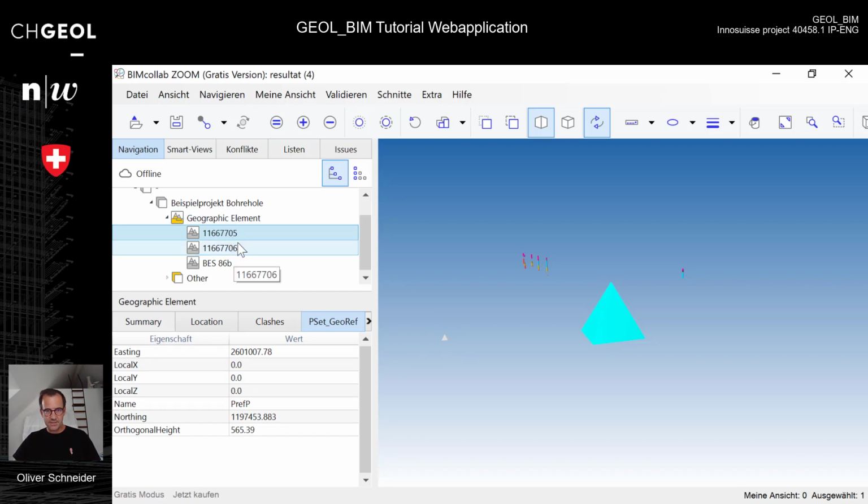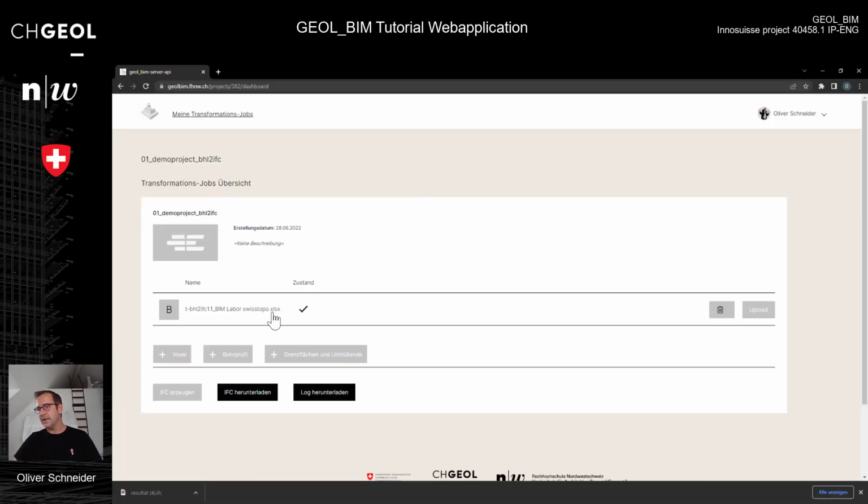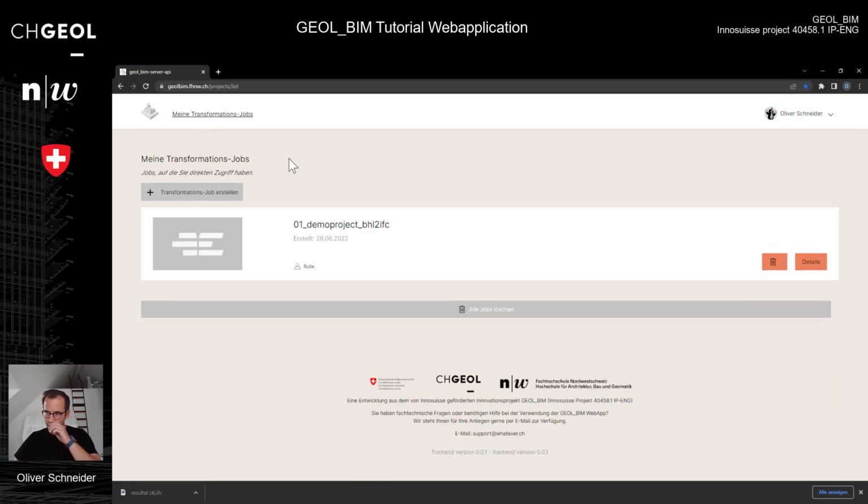Good. So let's go back to the web application and have a look at how we can transform the next